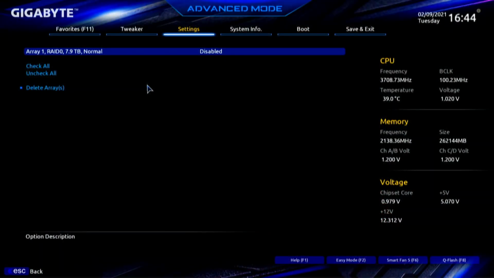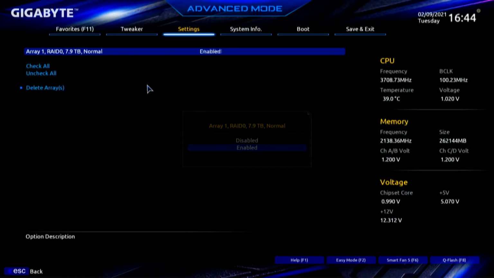I don't know why this stuff's not written down somewhere, but it's kind of dumb that it's not, because it ought to be spelled out 1, 2, 3. But this is another place where people kind of get hung up. How do I create an array when it says there's an array there? Well, it sees the disks. You got to delete the disks, then you can create. So that's what we're getting ready to do, which means I can't boot Windows once I do this until I reinstall Windows. And I will press enter,